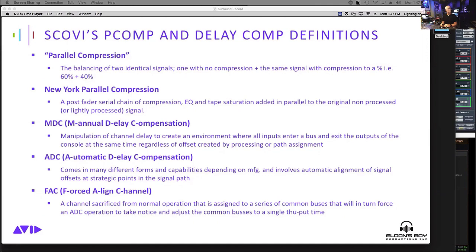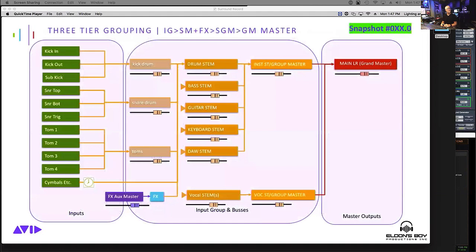Let's get to the pictures. Let's see what we got next. All right. As I mentioned earlier, this is the place to drive home that you have the ability today, without doing any parallel New York style parallel compression, to do compression at any one or all of these stages, if you want. You could do a percentage of wet versus a percentage of dry compression and limiting at any one of these stages today in Venue. It's something we put in Venue 7,